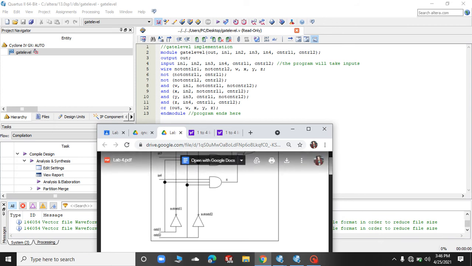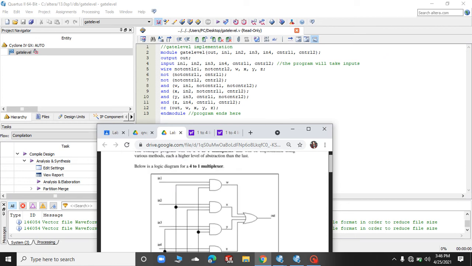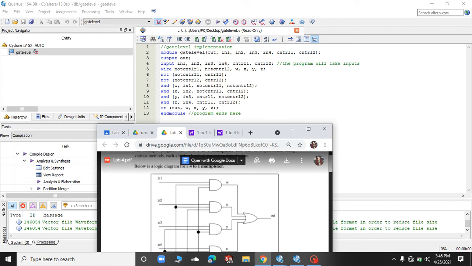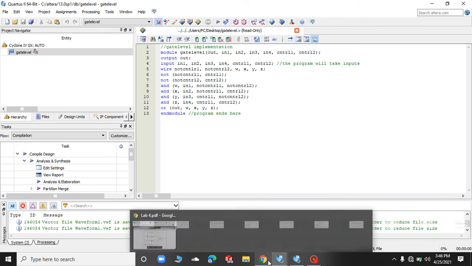This is mentioned here, and we have an AND of W, in 1, control 1 and control 2. So this one is shown over here: the AND of in 1, not control 1 and the control 2. All four statements are made in this way.